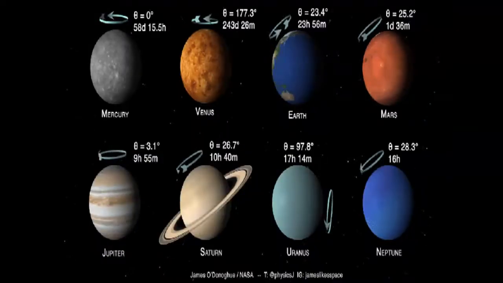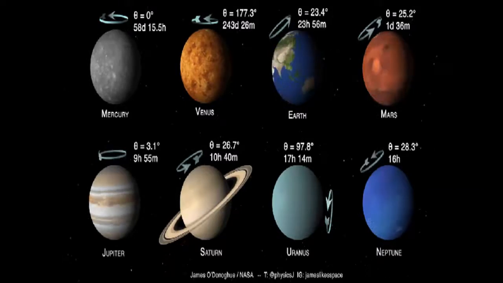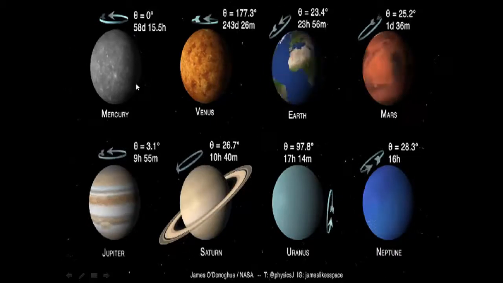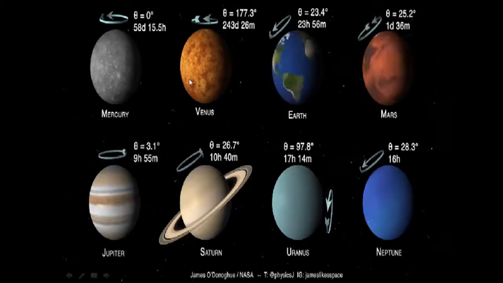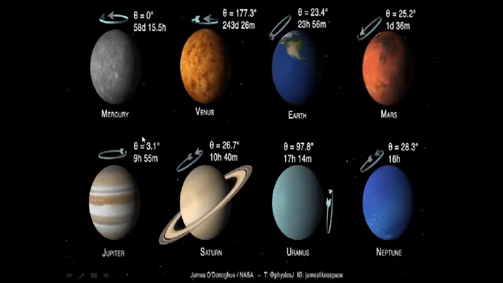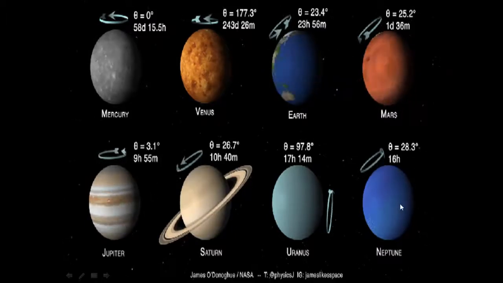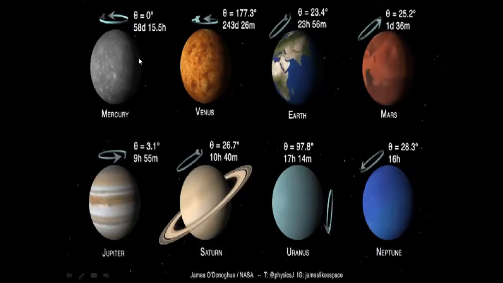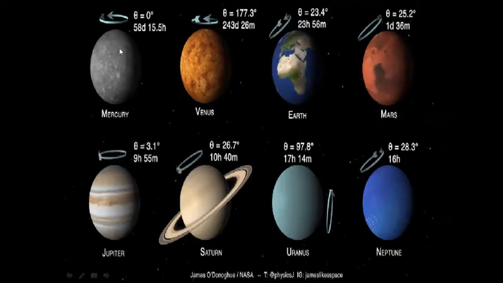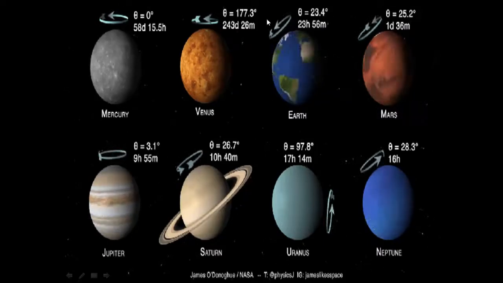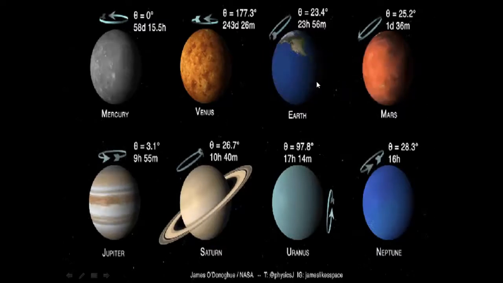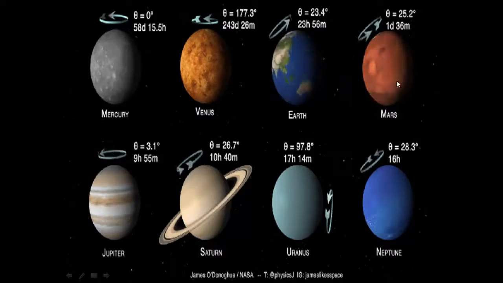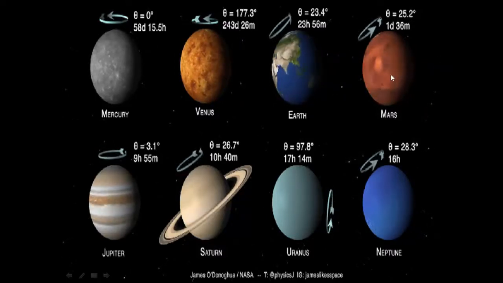Now coming forward to our planets, the 8 planets of our solar system. These are arranged on the basis of their distance from the sun. Mercury being closest, followed by Venus, Earth, Mars, Jupiter, Saturn, Uranus, Neptune. So as you can see, this slide is showing the difference between the axial tilt, how much they are tilted. Our Earth is tilted at 23.5 degrees approximately. Almost similar to it is Mars, also tilted 25 degrees. Not much difference between the axial tilt.